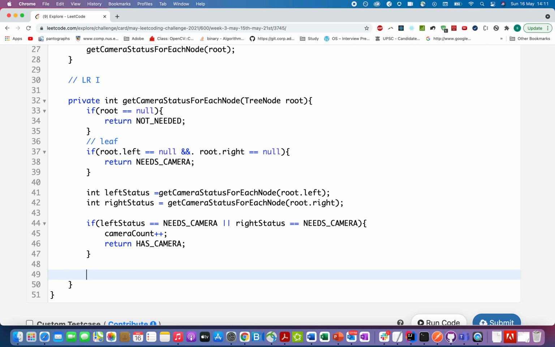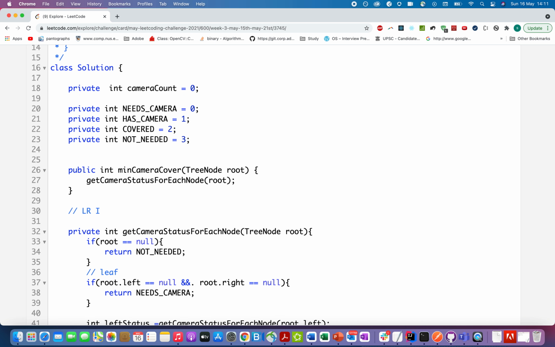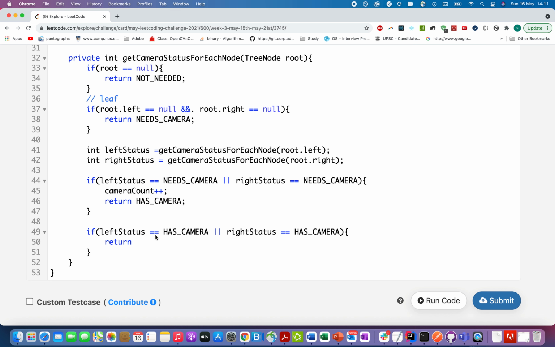Let's talk about the other case. If the left status turns out to be has camera, the left subtree already has a camera, and the right subtree already has a camera. That means the current node is already covered since the left tree has the camera or the right tree has a camera. We'll simply return covered in those cases because we don't need a camera at the current node.